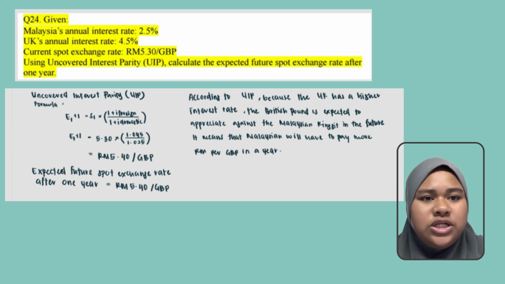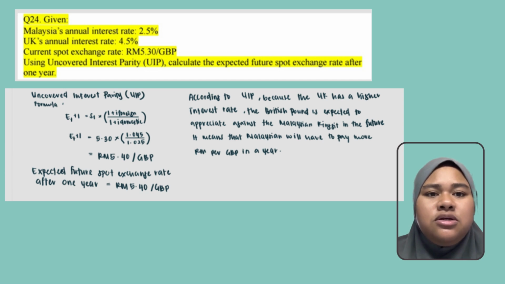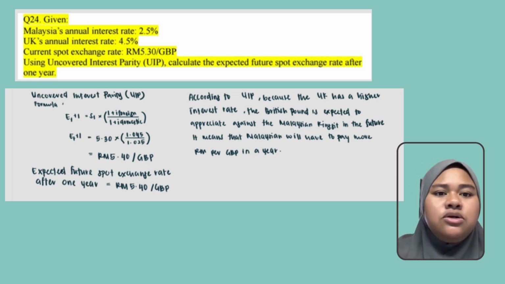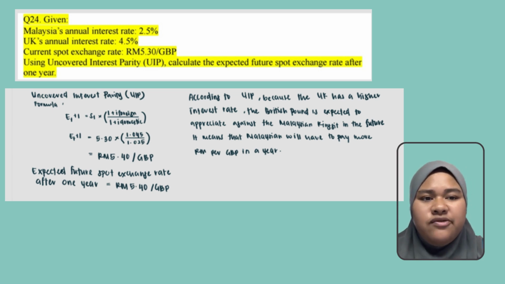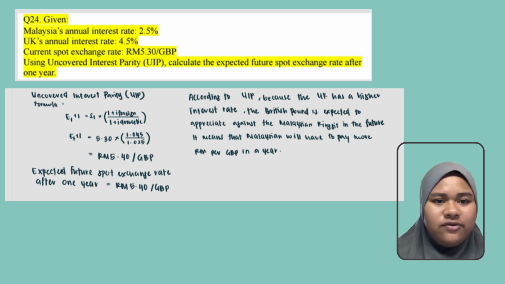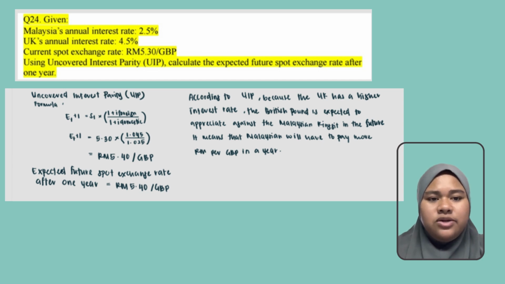discover the UIP formula, which is as follows. E(t+1) equals S(t) times (1 + i foreign) over (1 + i domestic), where E(t+1) is the expected future spot exchange rate, S(t) is the current spot exchange rate, i foreign is the UK interest rate, which is 4.5% or 0.045, and i domestic is the Malaysian interest rate, which is 2.5% or 0.025. The next step is we need to plug in the values, which is